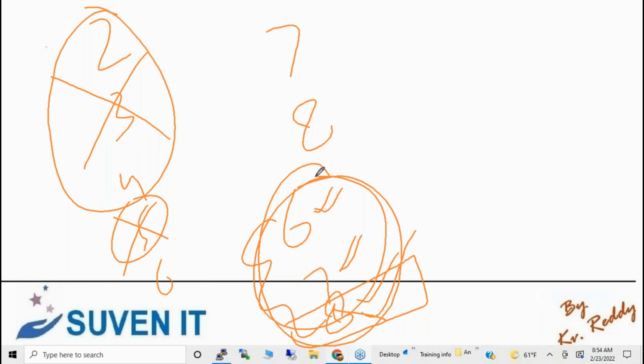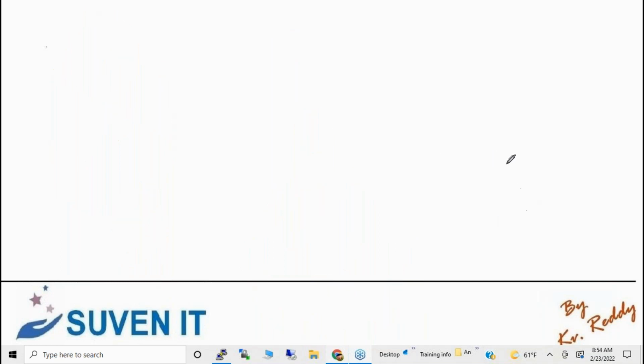So this is just an introduction to the operating system. I will give you the document for this. I created one document for